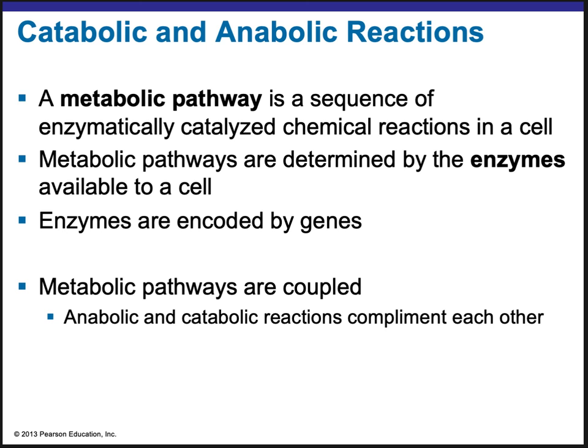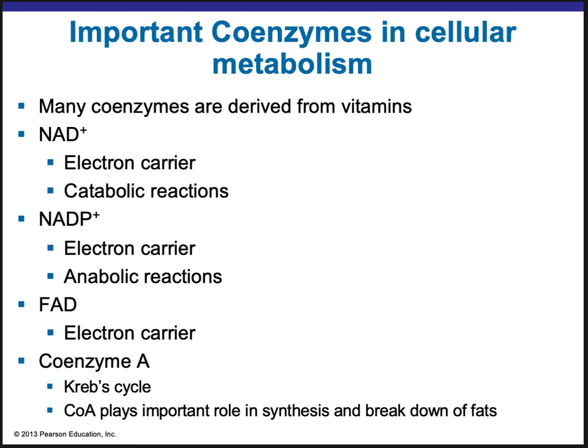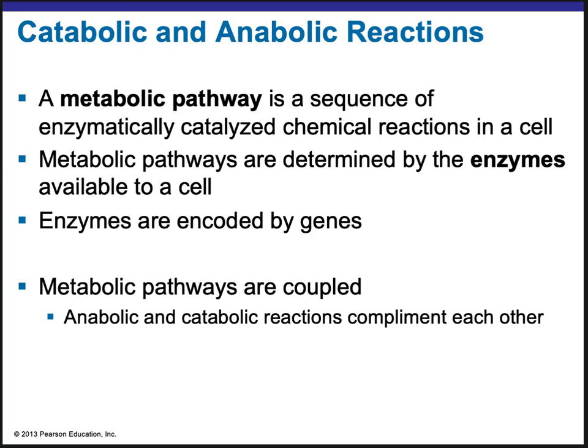Okay, so catabolic and anabolic reactions. So remember that I said in order for metabolism to work, we need enzymes, and then that was kind of all I said about it, and we've talked about enzymes this whole time. So now we're moving into looking at metabolism. And metabolism is the set of all of your chemical reactions within a cell. And then when we talk about people, then we're now adding all the cells of all of the tissues and all the organs all together for your whole body to function as a whole.